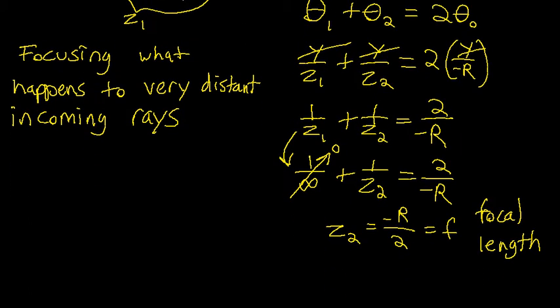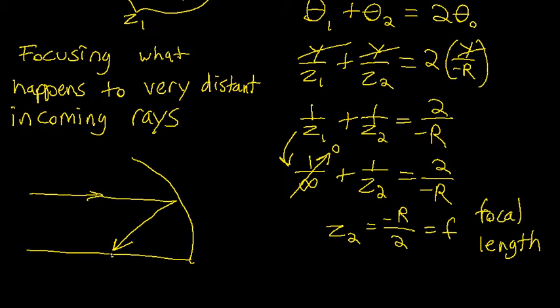And what that means is this. If you have our mirror here and you have a ray coming in from a very large distance, wherever that ray ends up along the axis of the system is called the focal length. If you look at this, this is essentially what we've just drawn. If you then take z2 equals f equals this, then you can rewrite this equation. This part of the equation can be rewritten using f. And you will come up with this relation here,